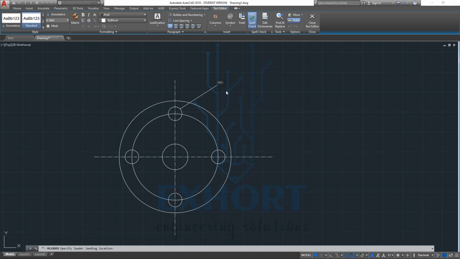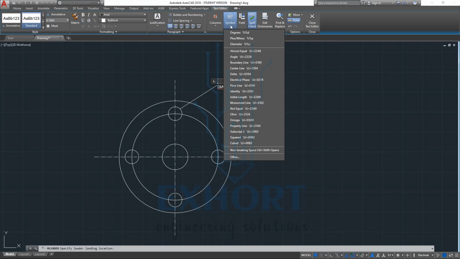We have to put in the symbol for it. I want the diameter symbol, and just keep it as it is. From here we can increase our text width. Also from here we can add some symbols. If we want a symbol, we can add it.